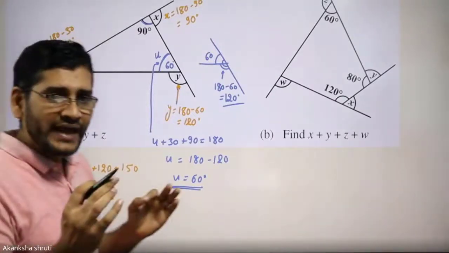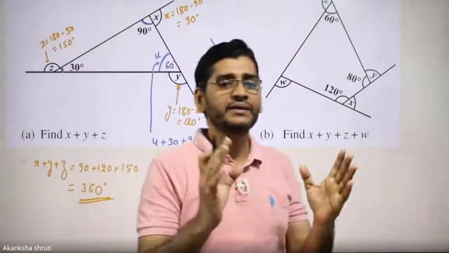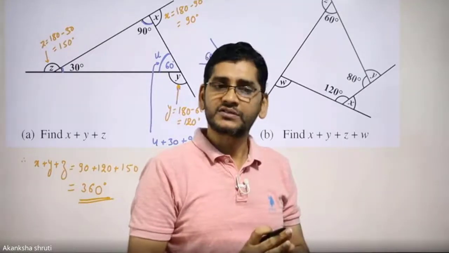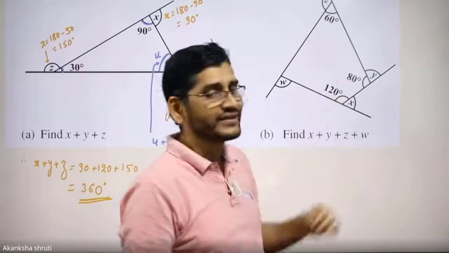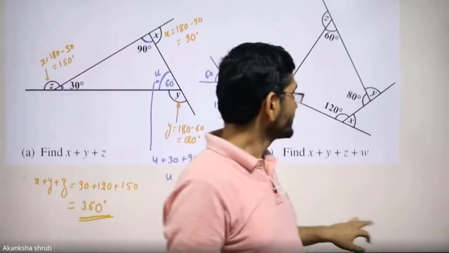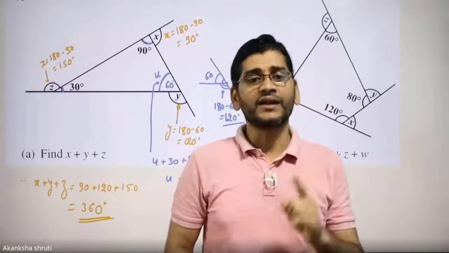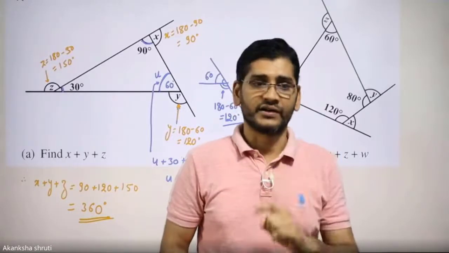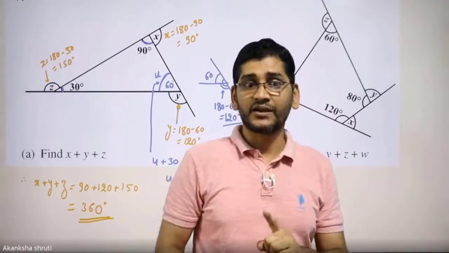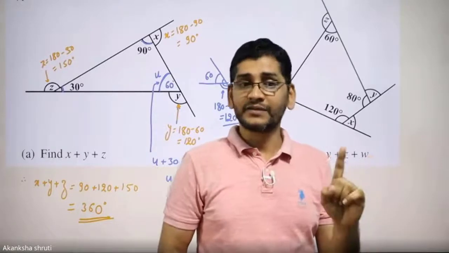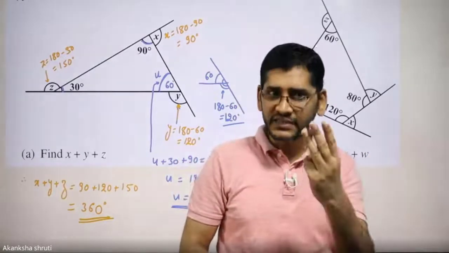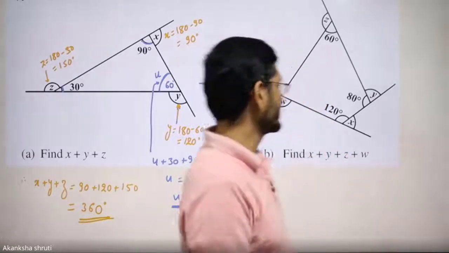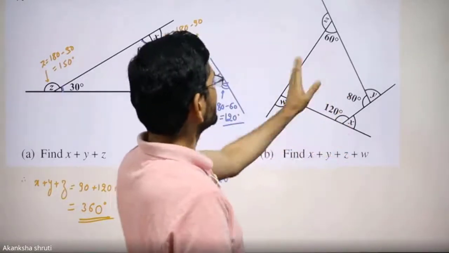Even for any kind of polygon, we have also learned that the sum of the external angles is always 360. That we can verify here also. But the sum of the internal angles of a triangle is 180. The sum of the internal angles of any other polygon is given by (number of sides minus 2) times 180. These are the three key things that you have to keep in mind. Now let us apply the same thing for calculating here.